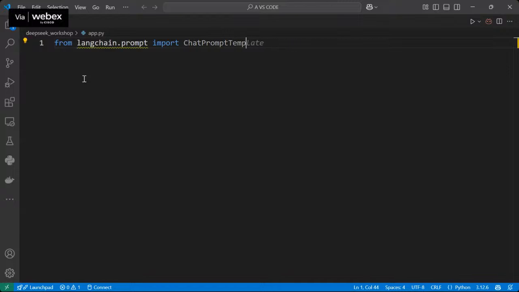Okay, so this is one. Is any spelling wrong? Check this: from langchain.prompts, okay, prompts, that's good. Execute.